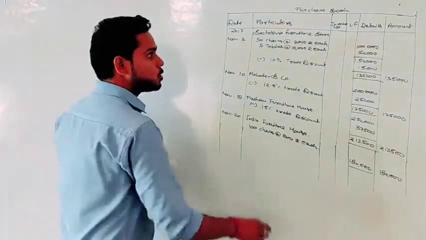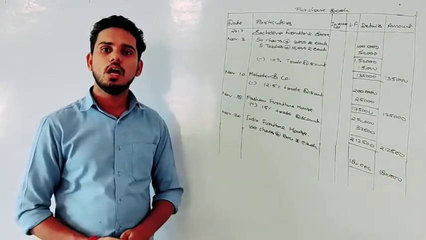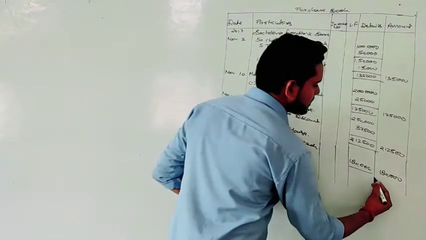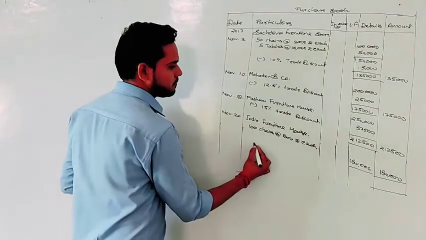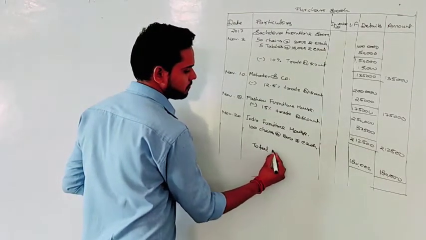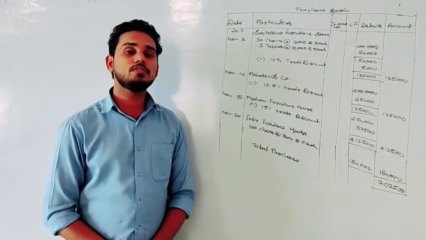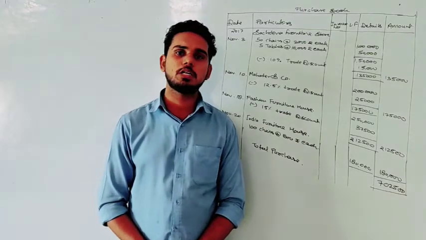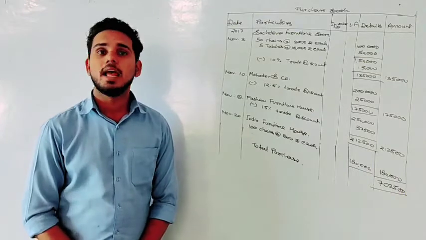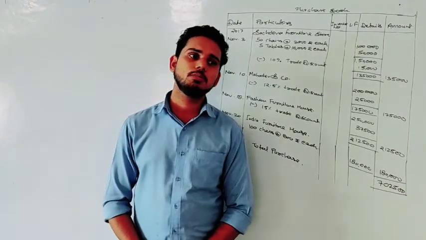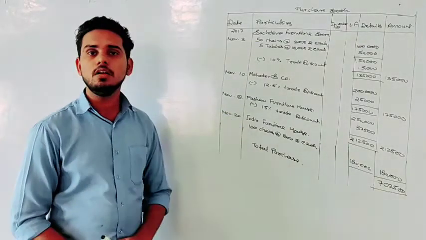Okay. So if all the transactions related to the purchase book are done, you can total the amount column and find what is the total amount of purchase that we made, right? Okay. So after totaling, we find a value of 7,02,500 of purchase, right? So that is done. Now see one thing, we have not recorded one transaction, and that was the last transaction, because that was a purchase on cash. That's why we have not recorded that here in purchase.